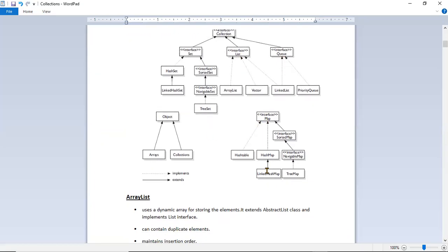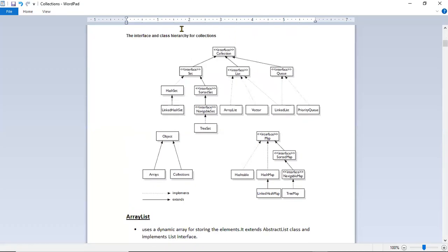The map, why have they given it a separate hierarchy? Because map maintains the data as key-value pairs. It doesn't maintain it as a list. So that is the reason map is a different category of collection, and that is why they gave it a separate hierarchy. Map has Hashtable, HashMap, LinkedHashMap, and TreeMap as implementation classes, and Object directly has ArrayList